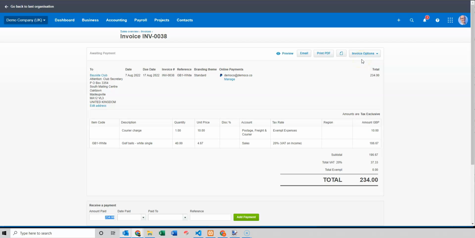So we can see from the invoice here that we've got 2 different account codes that have been used. One is sales and one is postage, freight and courier, and the tax rate that's been applied to the postage is SD and exempt expense. Now, depending on how that contract is being set up would determine the tax rate that's being applied here. So we're not saying this is necessarily incorrect, but it might need some additional looking into to see what the